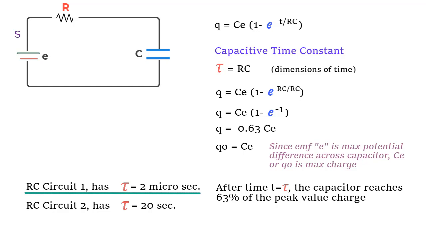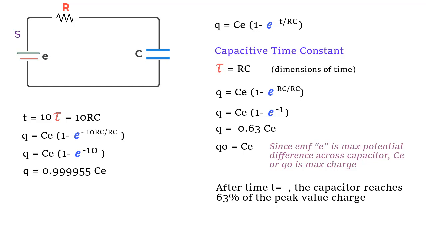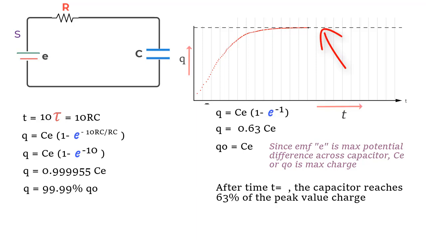Well, let us see what will be the charge on the capacitor if we wait for, say, time t equal to 10 RC or 10 taus. So if you substitute time value as 10 RC, what you'll find is that the charge on the capacitor reaches 0.999955 of C times the EMF value, or almost 100%. But it never touches 100% because you see this horizontal line is an asymptote to this curve. So the curve never ever hits this line to reach 100% of the value. And that is the reason we say that it would take infinite time to hit 100% value.